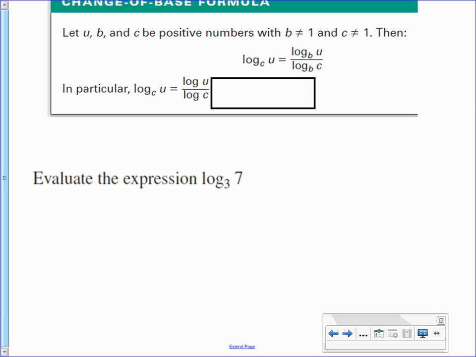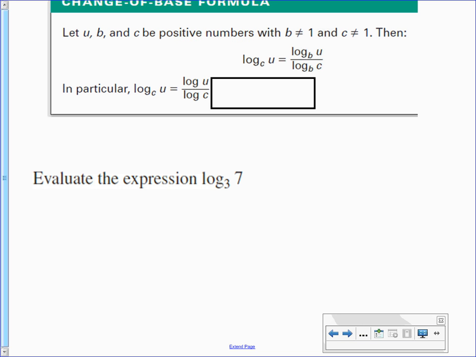So a change of base basically means this. Whenever you're looking at log base c of u, if that value of c is not base 10, your standard logarithm, you switch it to a base 10 formula, which old calculators were based upon. All you had to do was take the log of whatever over the log of the base. That's it. So if I wanted to figure out what the log base 3 of 7 is, instead of pressing all those buttons in my calculator,